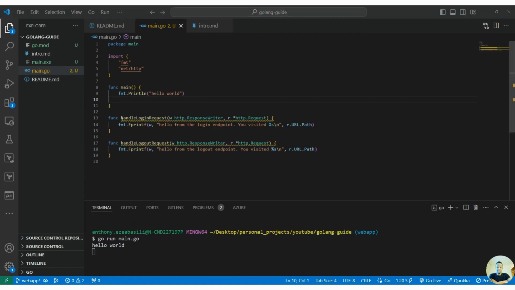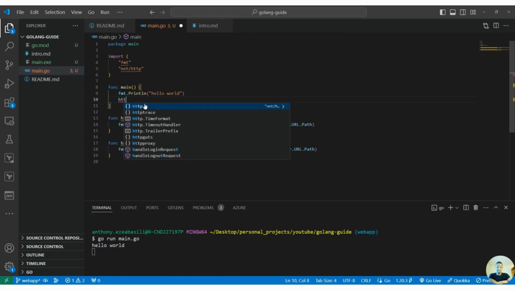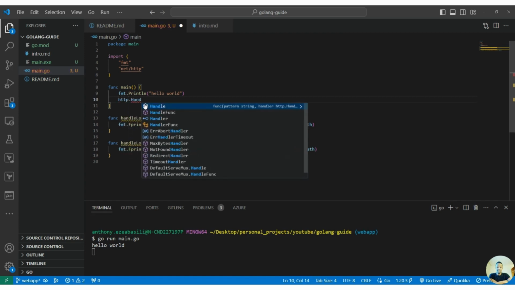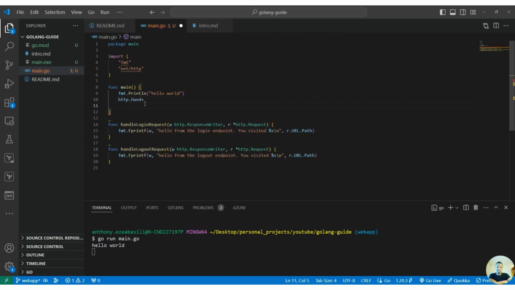So now what we can do is hook up the functions that we've created, and you can see how easy it is to set things up. What I will now do is hook these functions up, and to do that is quite simple. I use the HandleFunc method from the HTTP library. I say http.HandleFunc,